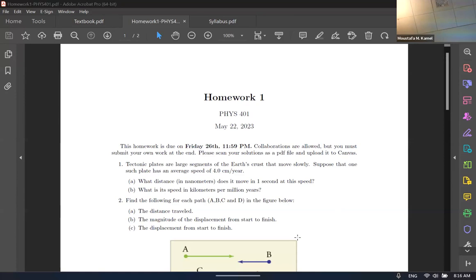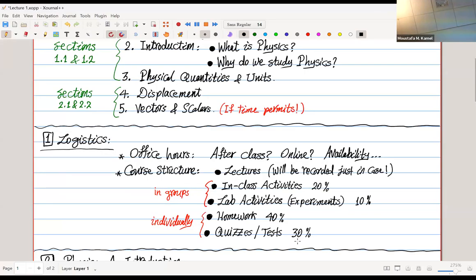I think that summarizes our discussion about logistics. Oh, I forgot to mention an important thing. Since Chetra and I will be co-teaching the course together, each one of us will be covering a topic. So I will start doing kinematics, and then Chetra will do forces and dynamics, and then I will do momentum and so forth. So we will keep switching topics, but each one of us will teach a whole topic, not lecture and lecture notes, a whole topic.